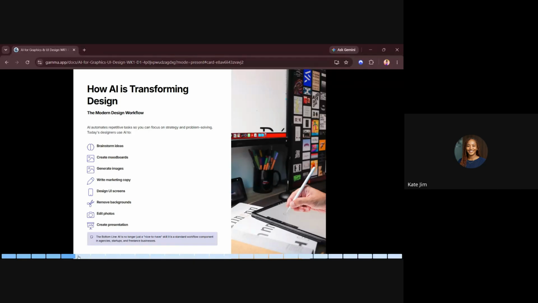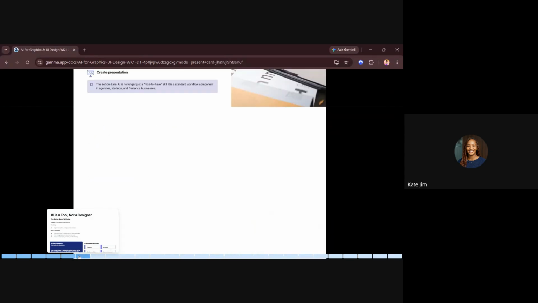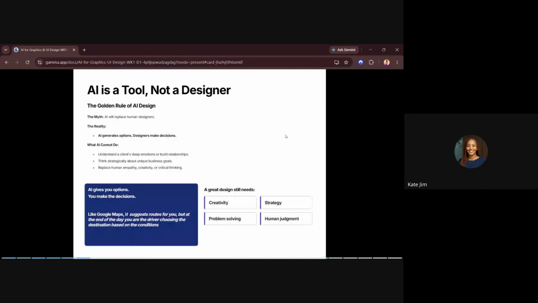Now let's see the next thing on our agenda. We're still talking about how AI is transforming everything and how AI is just a tool. It's just a tool. We are the designers. Now, what is the golden rule of AI design? The myth is that everyone was scared. There was a time it was like an epidemic. I'm saying that because I'm guilty of that. If I said, hey, AI is going to take our jobs, there's nobody who will tell me they were not shaken by that news.